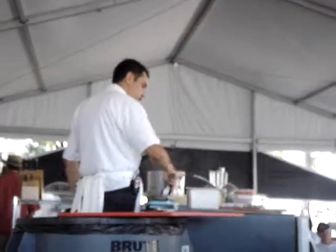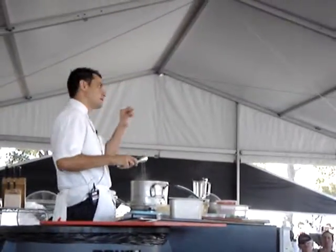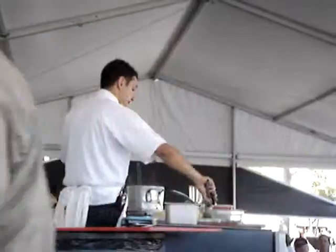What you want to check for is to make sure that the animal itself is still alive. So if you see that the shell is open and you tap it, it'll still close. If it doesn't close,